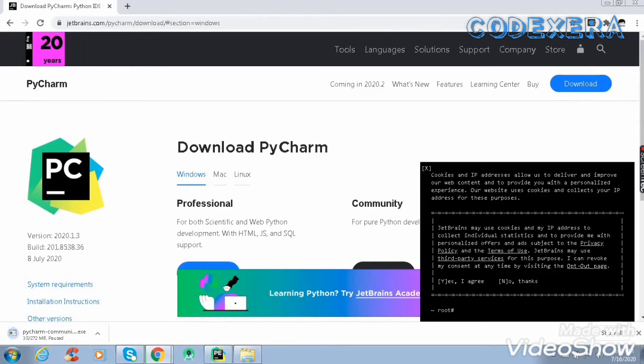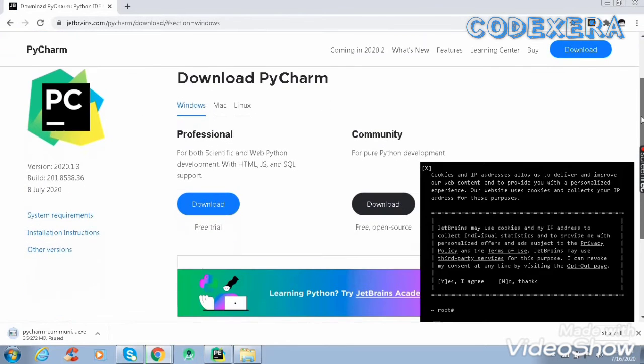Here there are three options: Windows, Mac, Linux. Whichever operating system you are using, click on that one. I am using Windows, so I will go to this page.